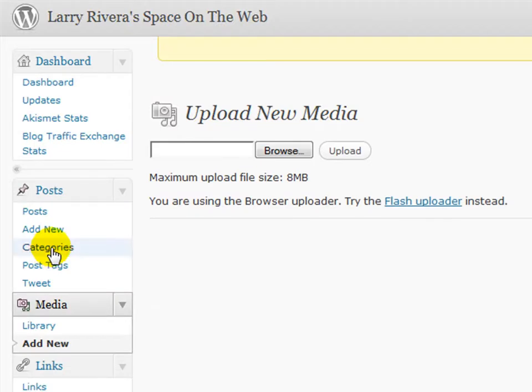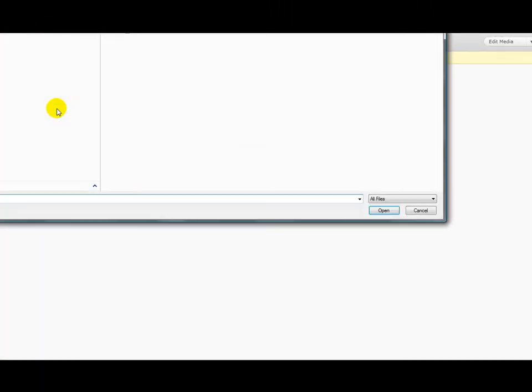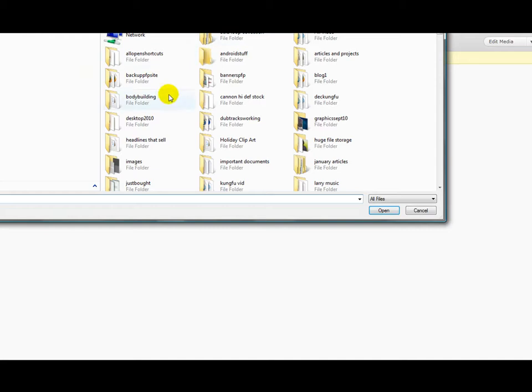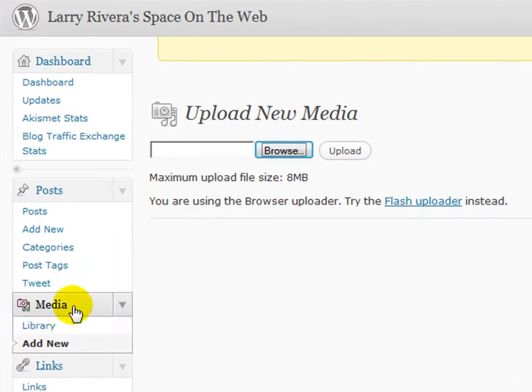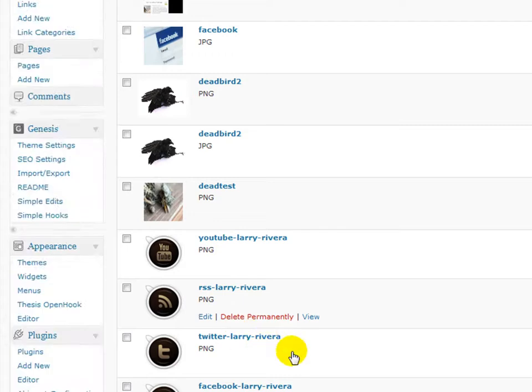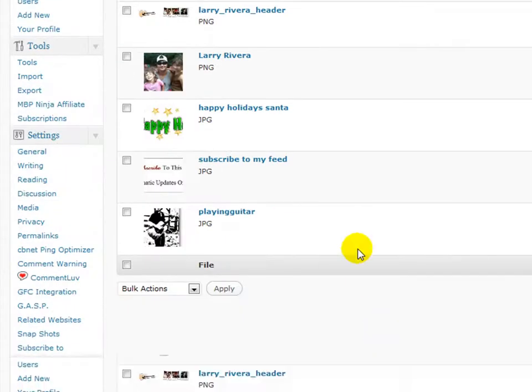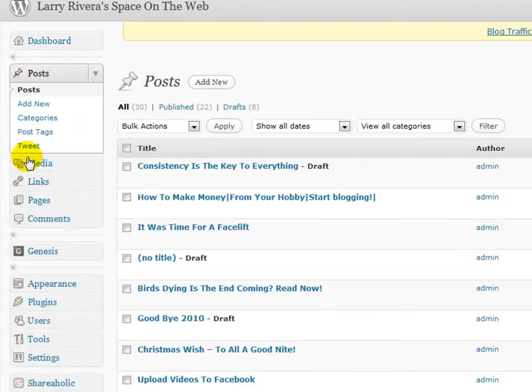copy, download whatever image or graphic you want to use, or create whatever image and graphic you want to use, and go to browse, find it, right? Wherever it happens to be, upload it, and that's it. And then you now have images within your library that you can use in your blog post. So that's pretty neat. So if we go back to the blog post,